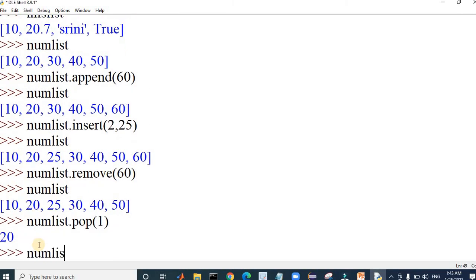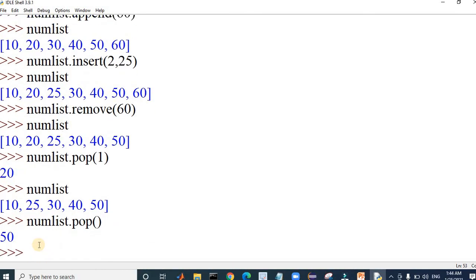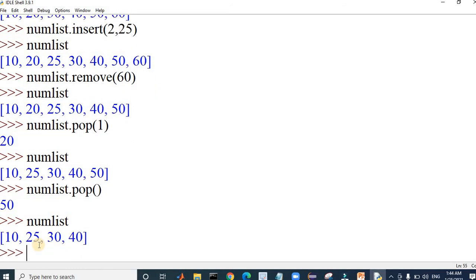Now if we print the numList, we see that the 20 is not in the list. Similarly, what if we are using the pop command without passing any index? What will happen here? In this case, it always removes the last item in the list, that is 50 in the above list. Now if you print the numList here, there is no 50, the 50 gets removed.